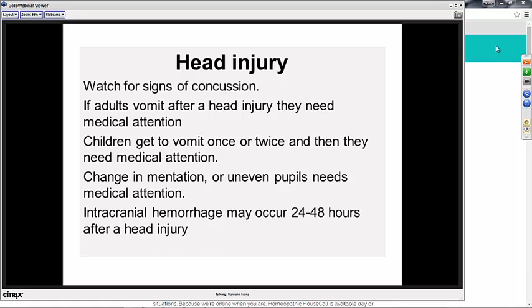The change in pupillary size has to do with problems with the optic chiasm, which is if you take a stick and you go between your eyes front to back, and then you take a stick and you put it top to bottom, where those two meet, that's where the optic chiasm is, and if that gets inflamed, you have change in pupillary size. So it's all those things. Anything that you would not consider normal for a person after a head injury is a sign that there may be something else going on.